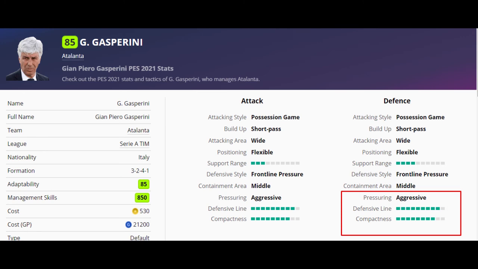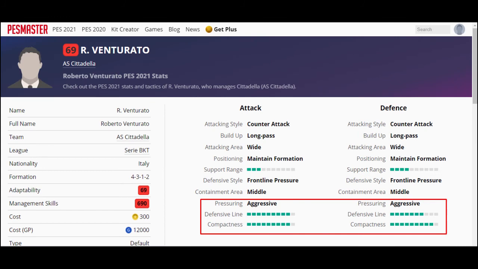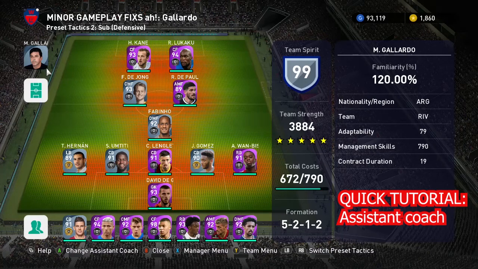Also try to use deep defensive line. So have deep defensive line tactic on and have a highly aggressive manager. If you can't play with an aggressive manager, then use him as your assistant manager. I'm sure you guys know how to use an assistant manager, the manager photo, manager profile, and then you switch